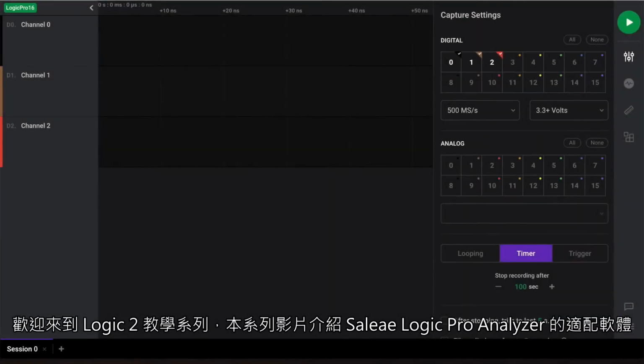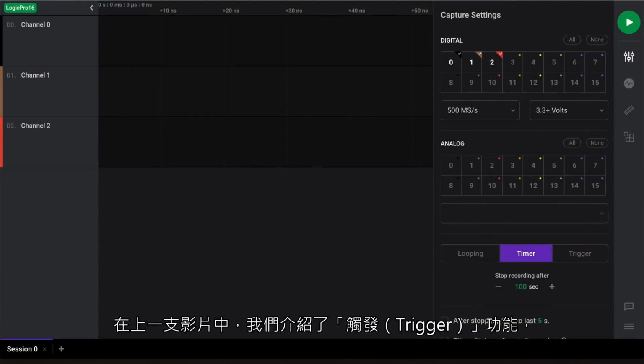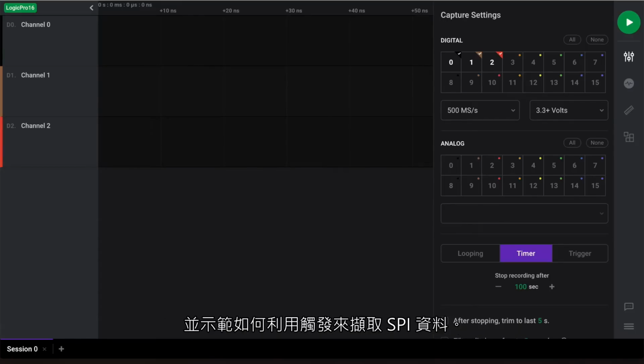Welcome to our series of tutorials on Logic 2, a brand new application to debug your hardware using your Saleae Logic Analyzer. In the previous video, linked below, we talked about triggers and showed an example when using it to record SPI data. In this video, we'll begin where we left off and learn how to decode the SPI data